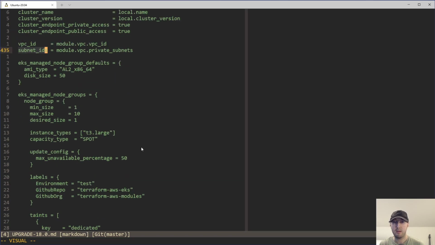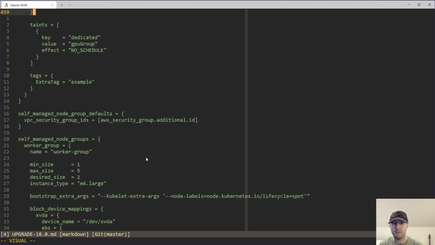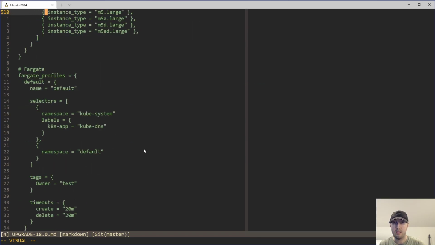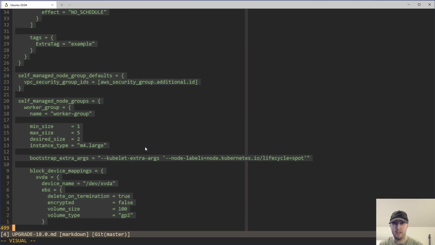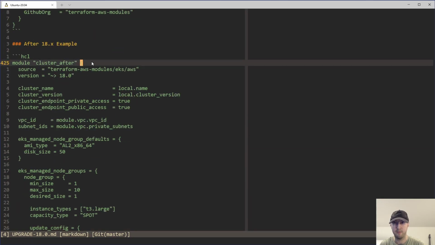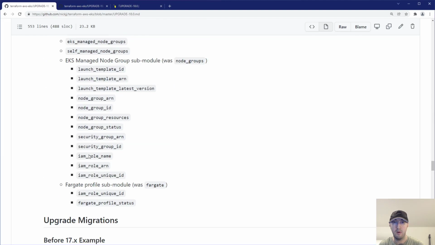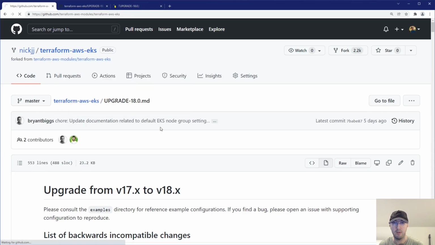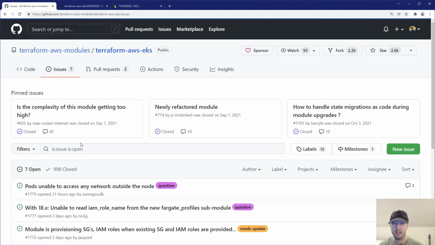But in our case, using the actual Fargate profiles, we need to create something that is not this module. So we need to create another Terraform resource and then actually use the Fargate profiles in that. Now, if we go back to the issue from, why am I scrolling with the mouse wheel? If I go back to their repo here and go to the issue, we're going to copy paste some code